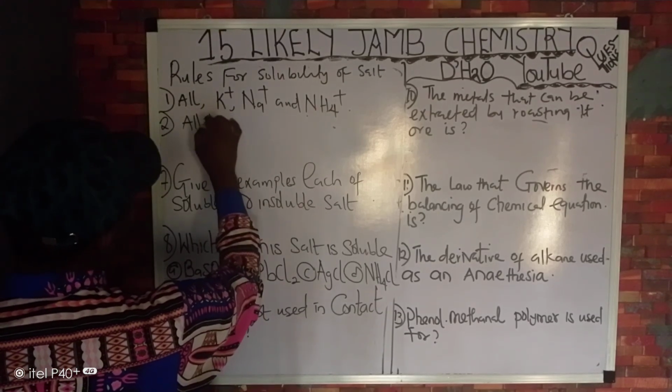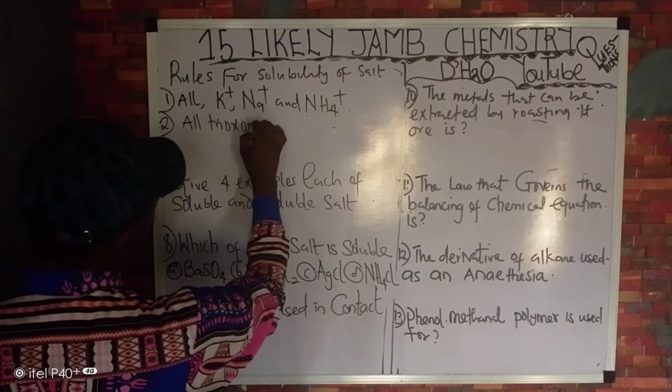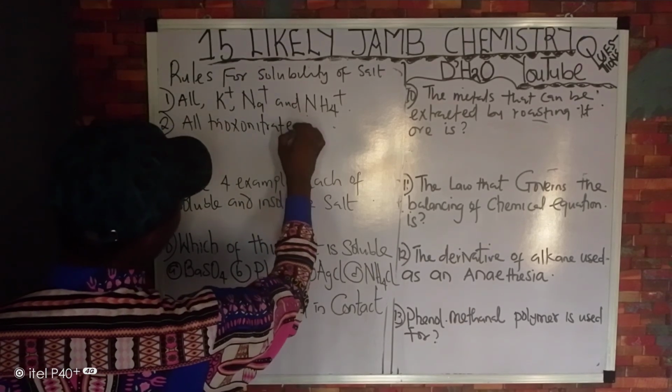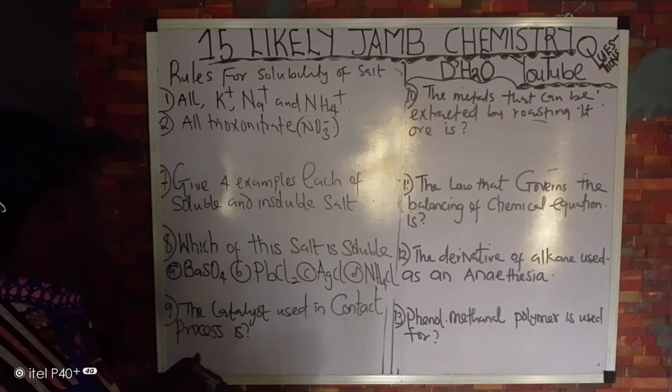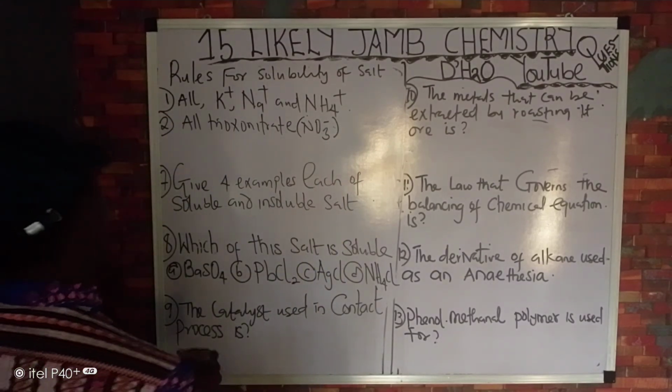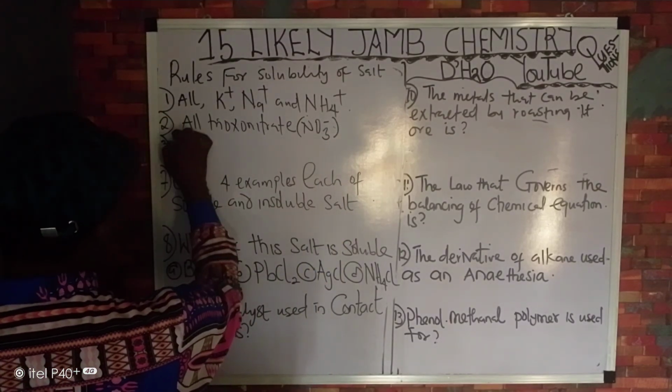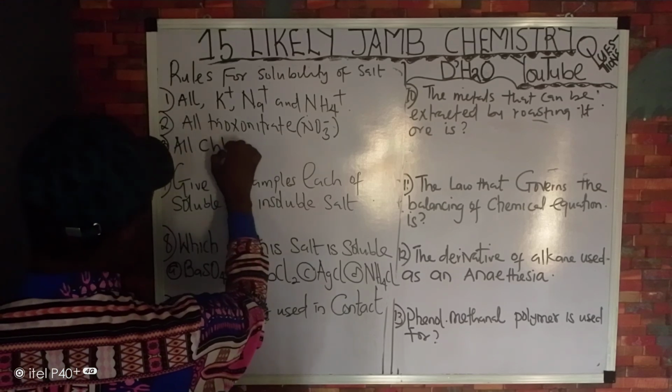Rule number two, all trioxonitrate(V) salts are soluble in water. All trioxonitrate(V), NO3 minus, they are soluble in water. Take note of that. Rule number 3, all chloride salts